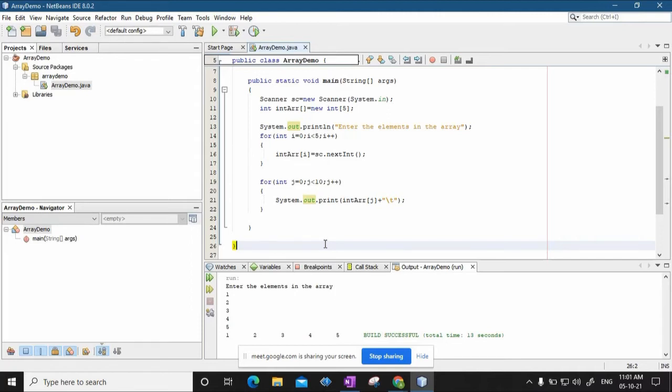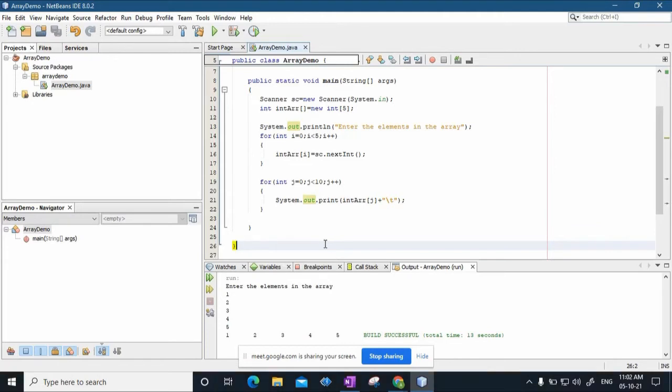So see, if the array declared is of 5 elements, every time it is going to check the iteration, it is going to check the indexes. So indexes should be valid, indexes should be between 0 to 4. If at any point of time the index value is less than 0, that means on the left hand side it tries to cross the bound. 0 is the valid index. It should start with 0. But if the index value happens to be a negative value, it means that you are trying to cross the bound of the array on the left hand side.